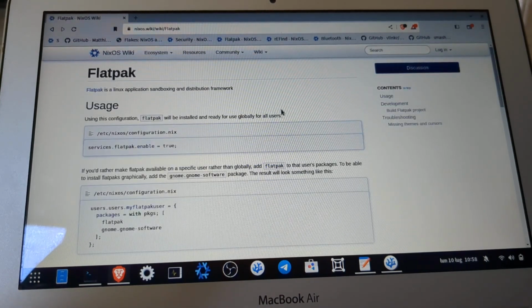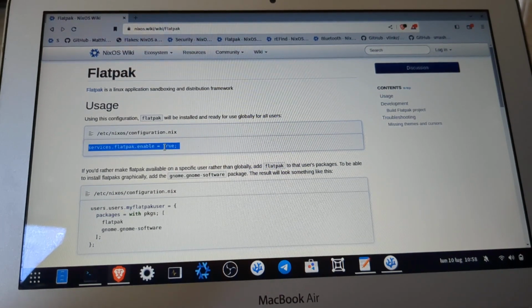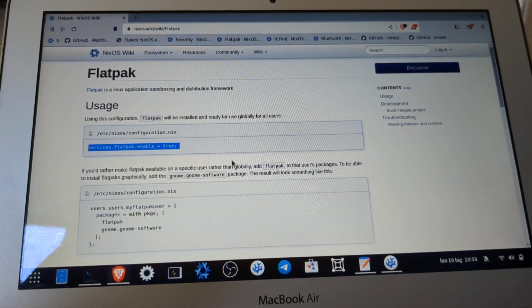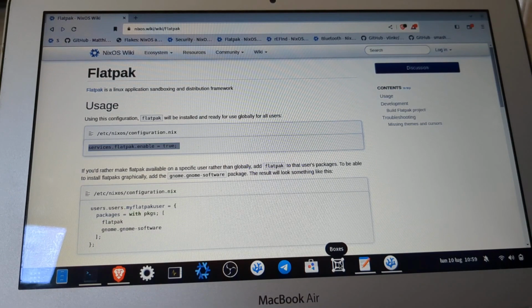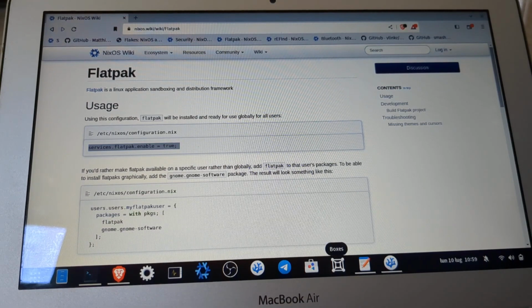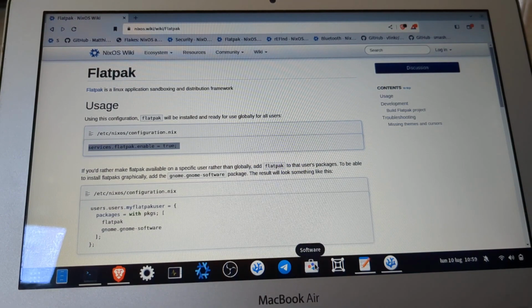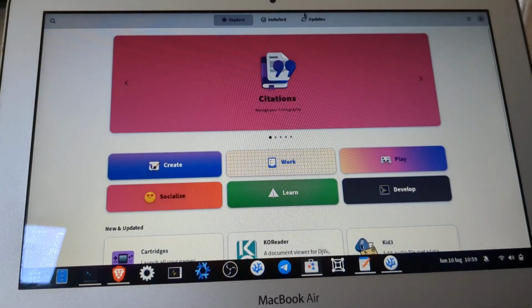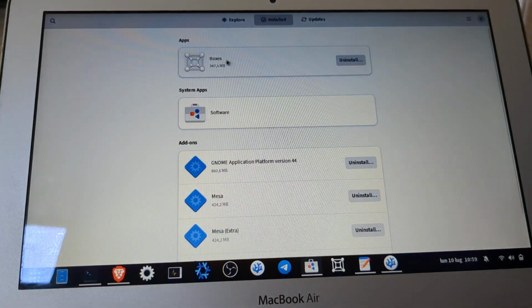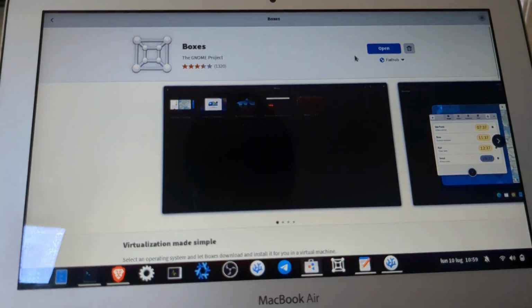I also enabled the support for Flatpak with just a line like this, and it's a little bit weird because I installed Neon Boxes via Flatpak, and as you can see it doesn't start. But if you open Software, go to Installed and then open, this is Flathub.